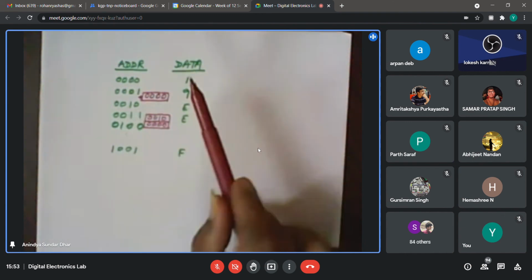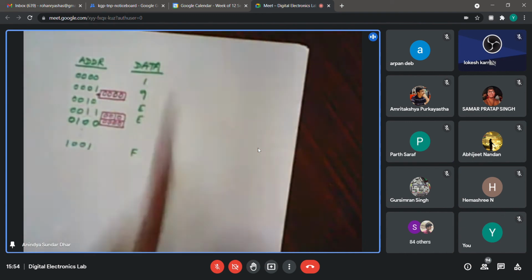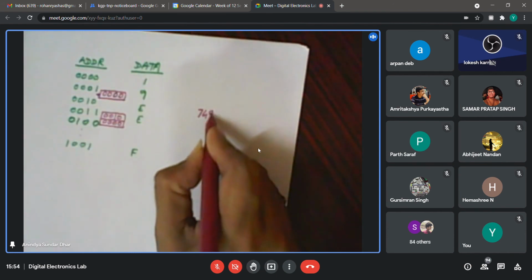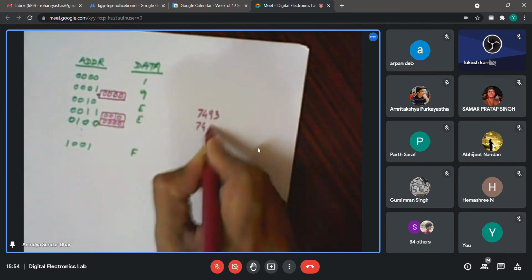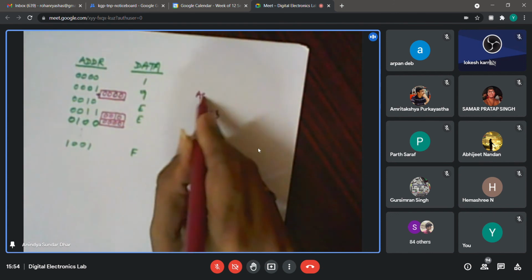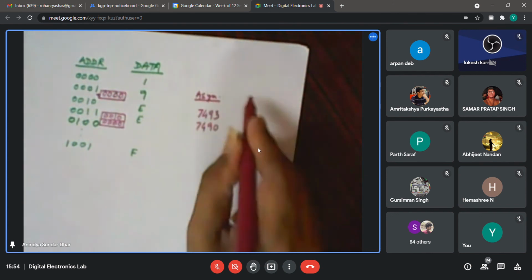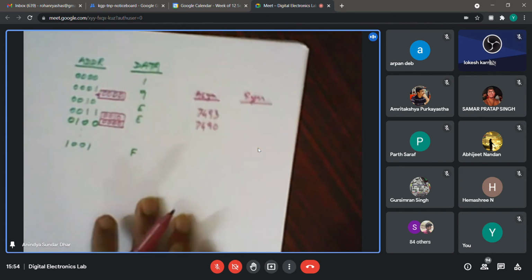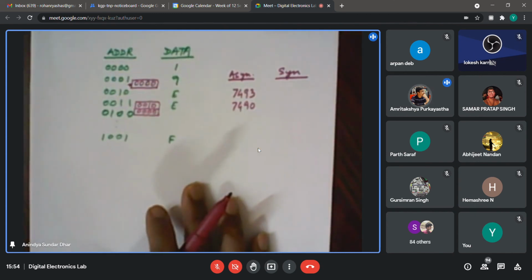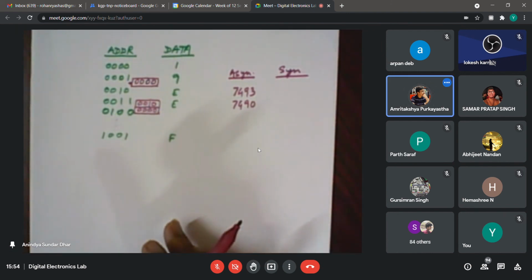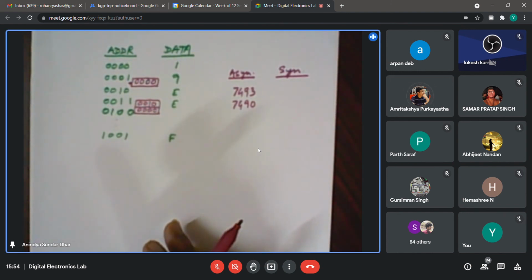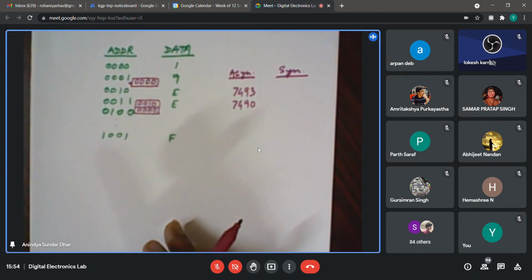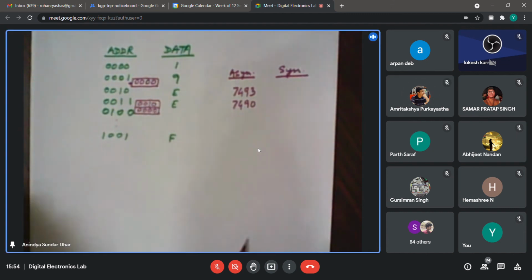One solution I would suggest, and you will learn about a new IC also, is that rather than using 7493 or 7490, because they are asynchronous counters, you use a synchronous counter. What is the difference between synchronous and asynchronous? All the bits change simultaneously. All the flip-flops, all the sequential elements change simultaneously. Probably you have not seen or used that IC earlier.